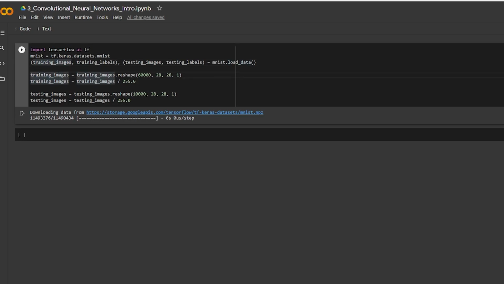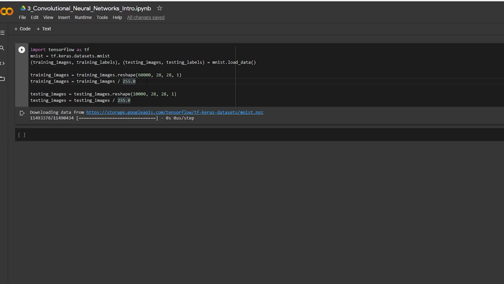After that I am reshaping it, because these are numerical values and I want them in the shape of 28 by 28 in the first place itself. So 60,000 is the size of my input images, each 28 by 28, and then 1. The 1 is for the grayscale image, as these are all grayscale images. After that I divide the training images by 255, just because these are pixel values. I could have skipped that, but I kept it so that our network performs better.